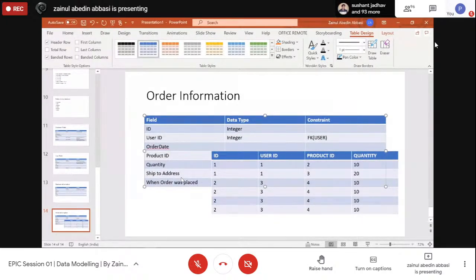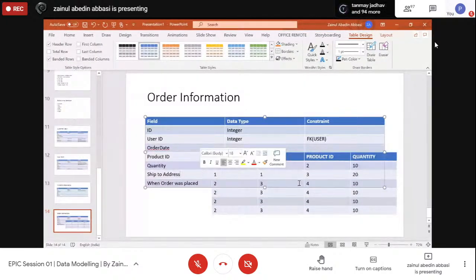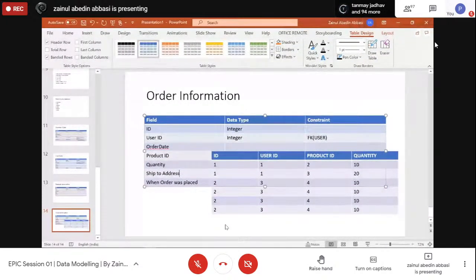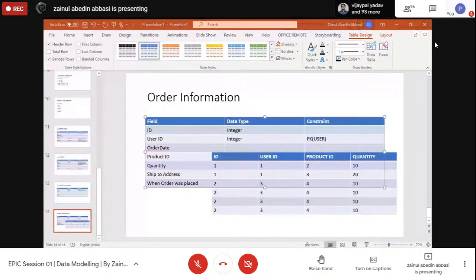And let's say there is a change that someone wants to make, let's say to the ship to address. You're going to have such a tough time maintaining data integrity. Let's say there are 40 items placed, an order for 40 different items. The ship to address will have to be changed in every row, right? And in case you miss that,